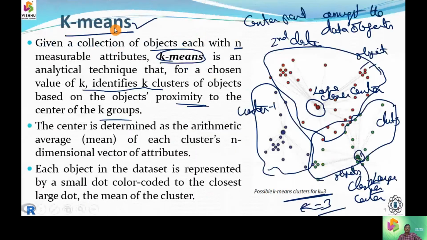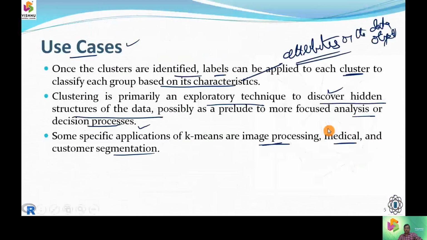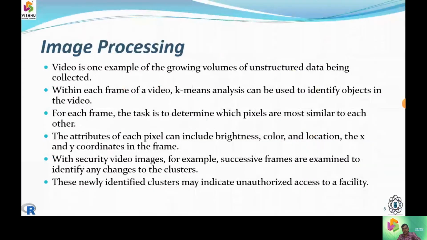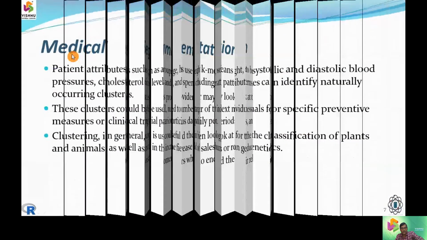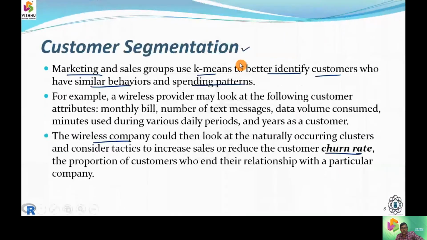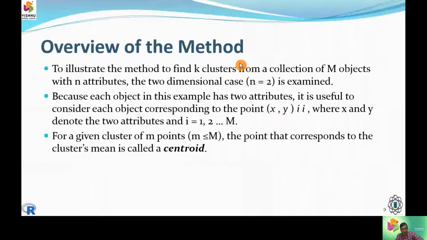One example of partition-based clustering is k-means, and in k-means the center is going to be placed at the mid value. Here is a diagram which shows 3 distinguished clusters with their center points, etc. Now, where are the applications for clustering? It can be applied to image processing, to medical diagnosis, or to customer segmentation, such as churning or not.